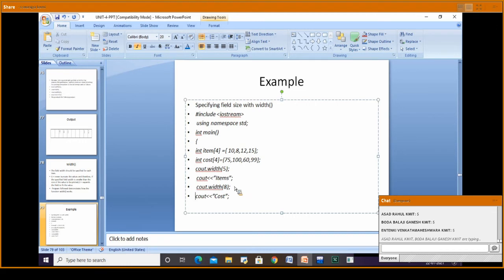Then cout dot width of 8. Okay, width is how many field size is going to set here? For 8. Yes, for 8. And in that 8 field size,